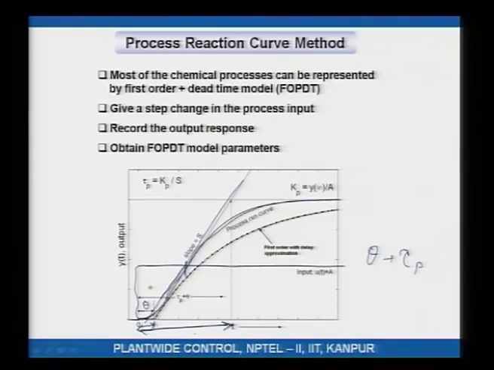Okay. So, then what you will say is that my first order plus dead time model is Kp e to the power minus theta s divided by tau s plus 1, where Kp comes from the final steady state value. This is my first order model that I have fitted, and what you will see is, if you do this for this example process, the